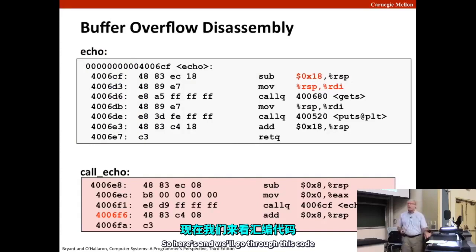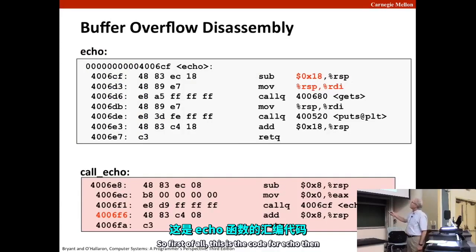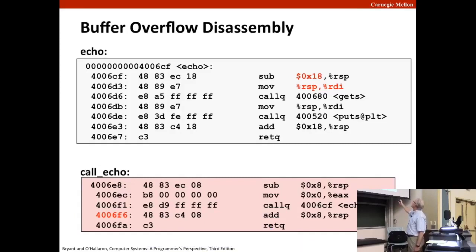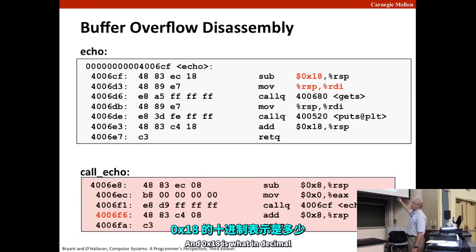So here's the code, and we'll go through it. First of all, this is the code for echo. You see that echo calls getS and it calls putS. Here's the part of the code where you can tell how much memory got allocated for the buffer. And hex 18